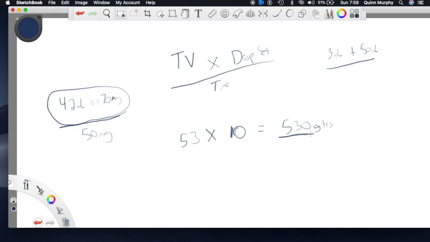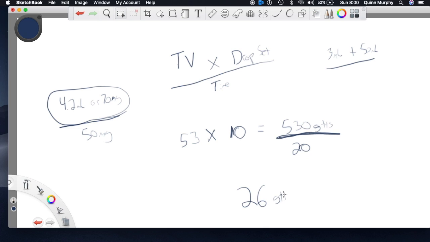So what we want to do is figure out how many drops a minute we need to give in order to give this 530 drops over, in this case, 20 minutes. So what we do, we take our time, which is 20 minutes, and we're going to divide 530 by 20. 26.5 or 26. So 26